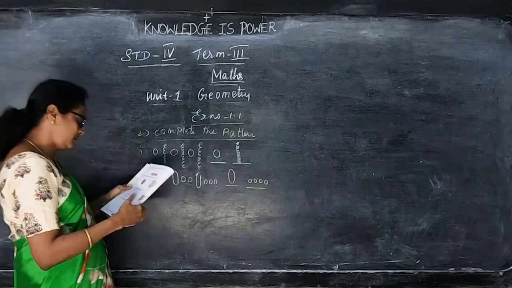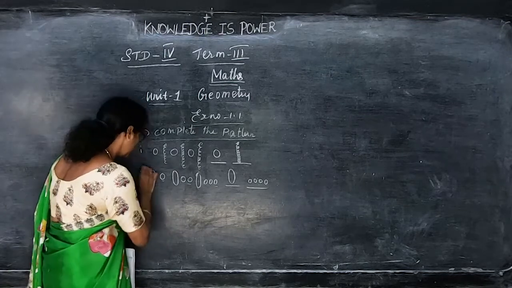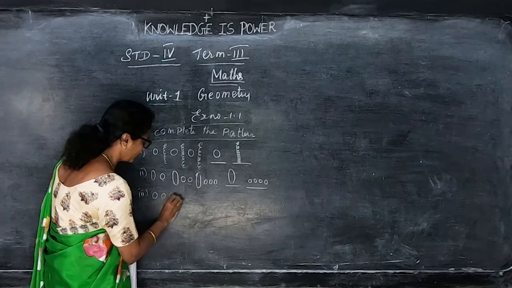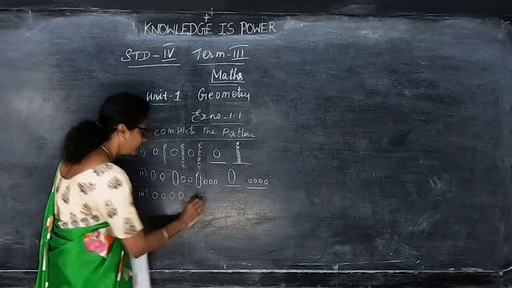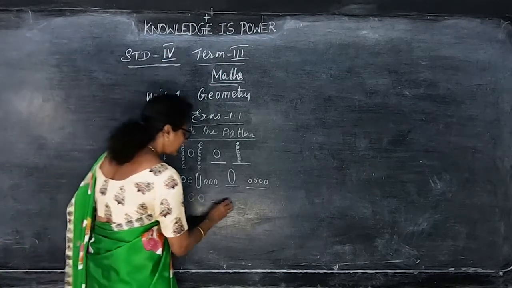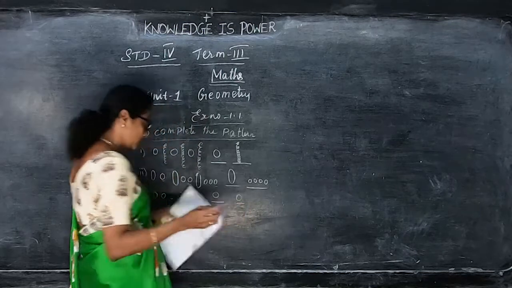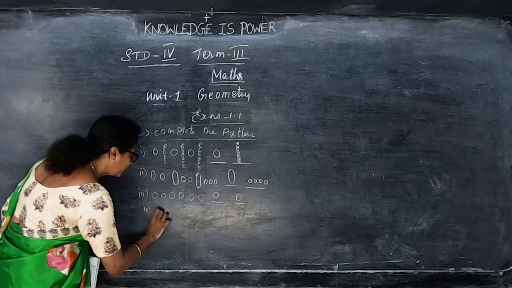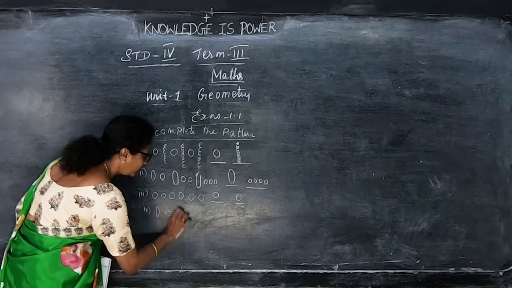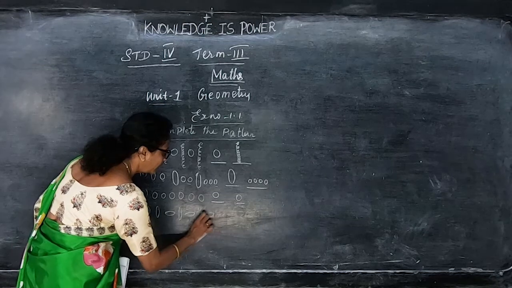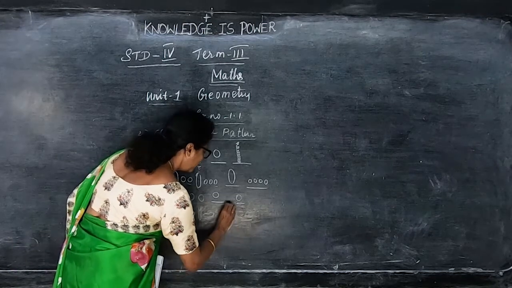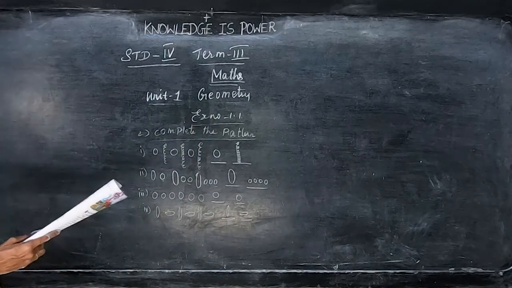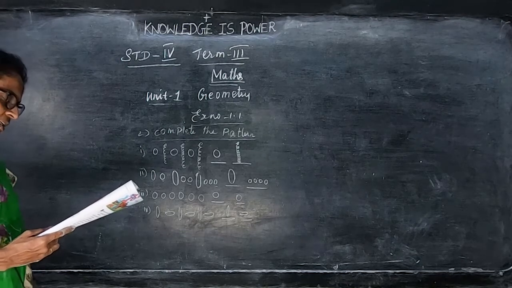Then third one, red dot. I don't have the color chart, so we can manage red green, red green, red green. How have they given it? So in this dash one red, one green. Okay, then similarly the fourth one, violet oval, then yellow color, violet yellow, violet yellow. So in this dash you can put the color violet and here you can put yellow. Okay, so this is complete the pattern that you are given in the picture.